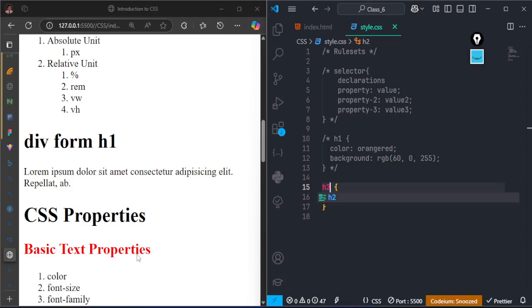You might want to select H2 that is inside form, not the one that is inside div. Or you want to select the one that is inside div, not the one that is inside form, because you want to give them different styling. Just like this page,